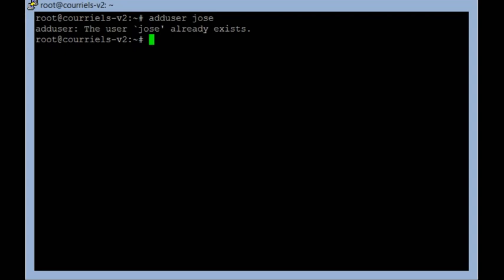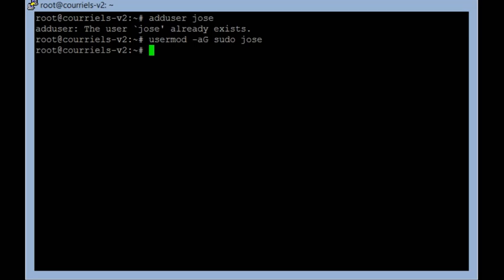And then I use usermod -a capital G sudo group José. So that means that the user José is going to be in the sudo group so that it has administrative privileges.